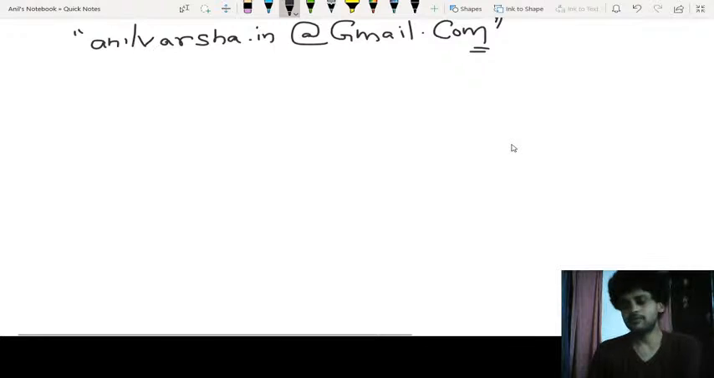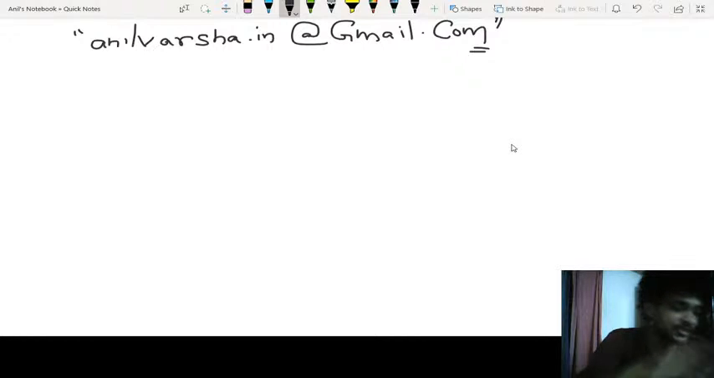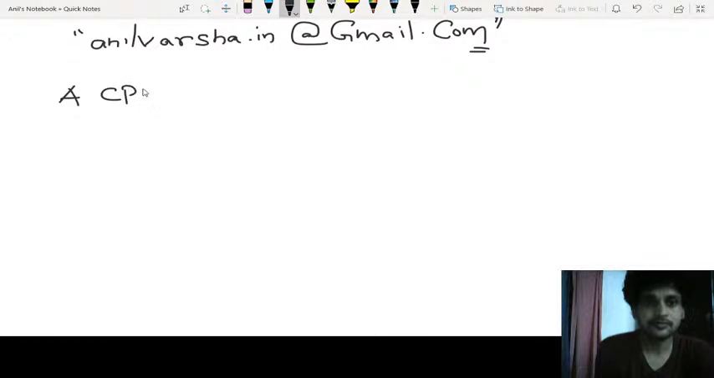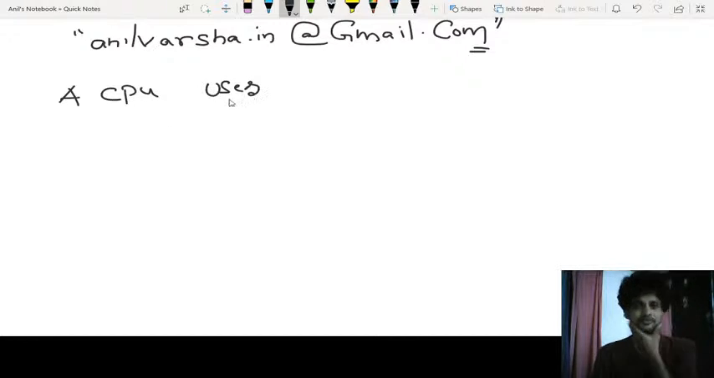Next question, maybe the final question for the day. After this question, you should be completely well aware of how to solve questions on instruction set architecture. Now, how can I do this? A computer system, rather a CPU, a CPU uses